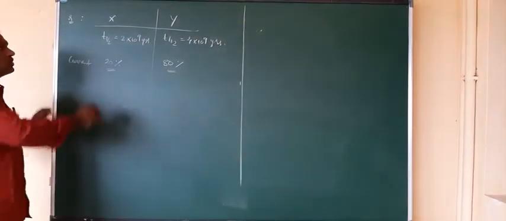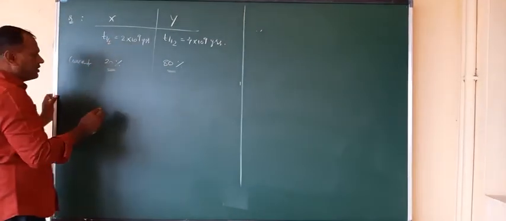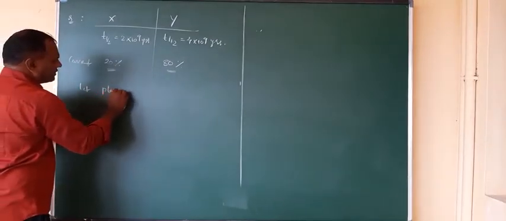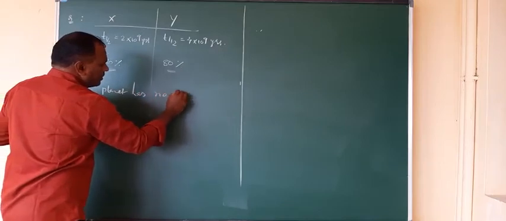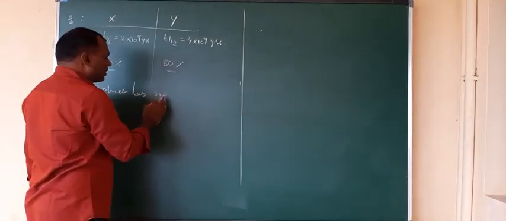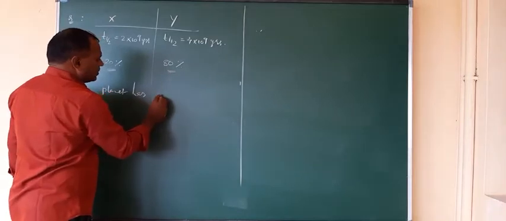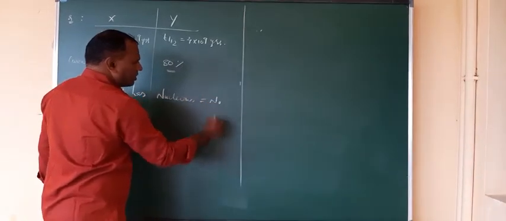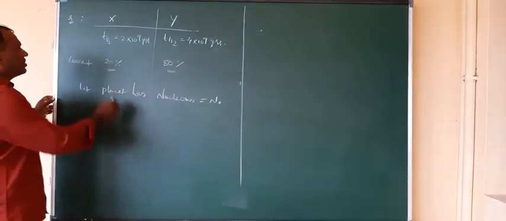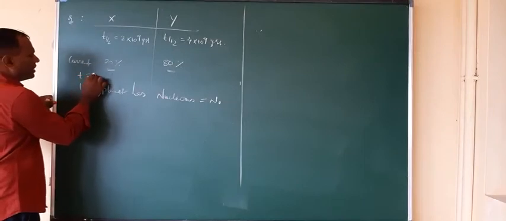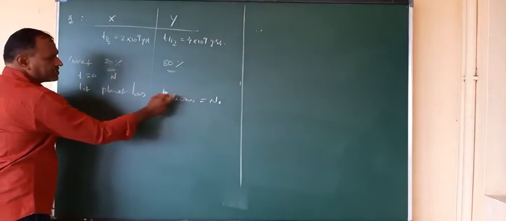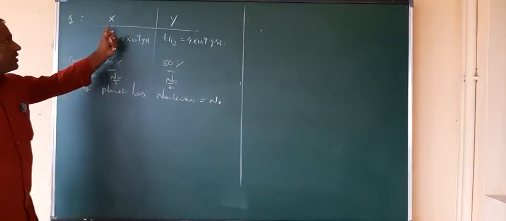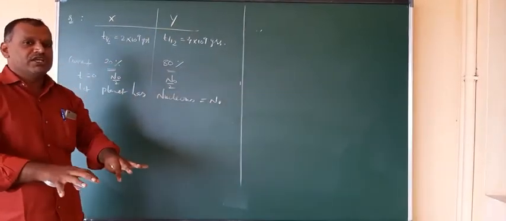Initially take the total of the planet as N naught. The planet has a total number of nucleons, the sum of these nucleons I am taking as N naught, equally present initially. That means when the time t is equal to 0, the total is N naught, X becomes N naught by 2, and Y also becomes N naught by 2. So both isotopes have equal amounts initially, right?